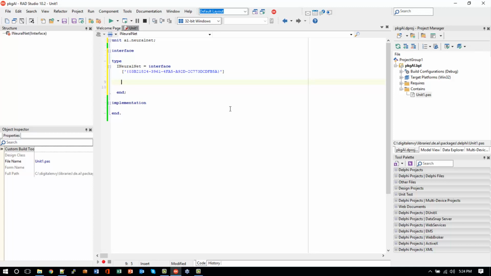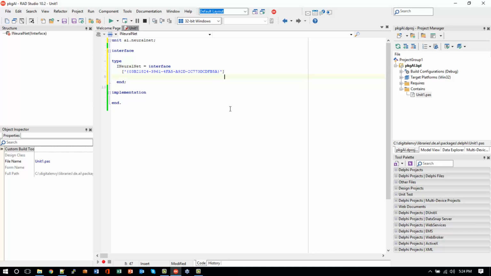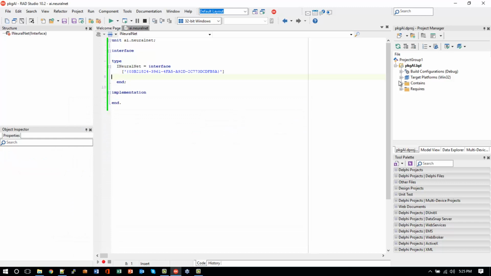Now I'm not actually going to put the methods in right now, but I'll put some examples in. So for example, we're going to have methods such as query network to query the network for some results, and we'll have a method for train to train the network, and so on. So that's what we're going to put in the interface section, but for right now we don't need any of those. What we're going to do here is save this off as an interface for our package in the interfaces section, and I'm just going to name it AINeuralNet.pas,